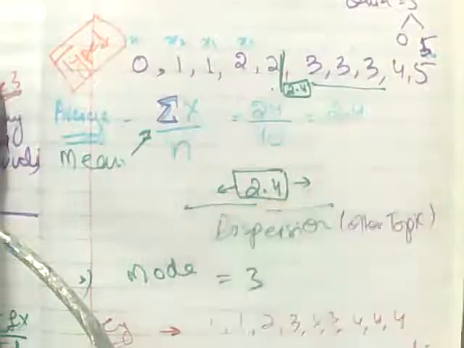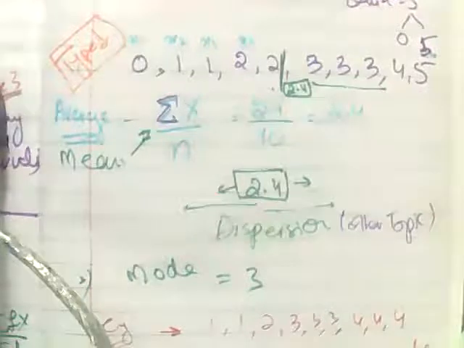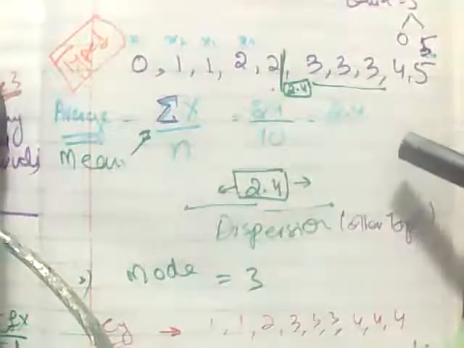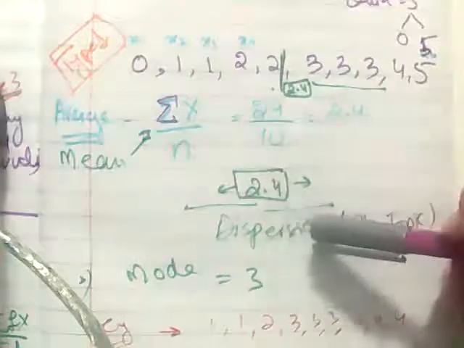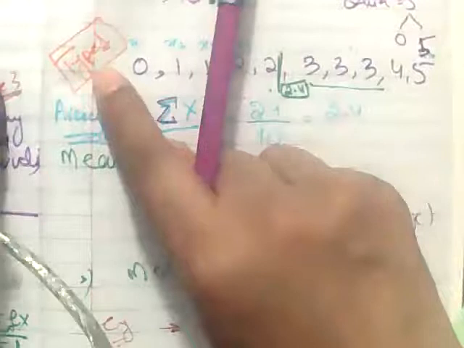Then I think we did the median. Have we done median yesterday? Okay, I think we did median for that also. But before going to median and mode, see I wrote here type 1. Why I wrote here type 1? Because